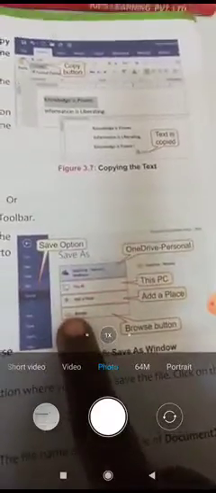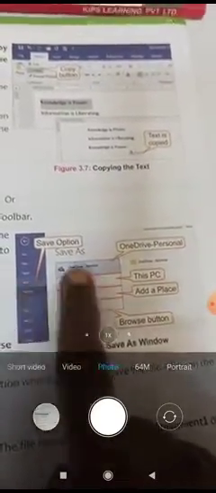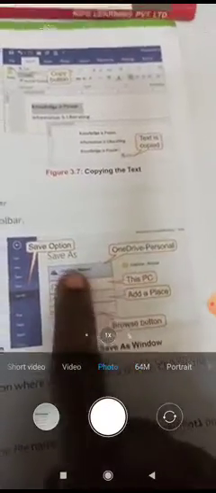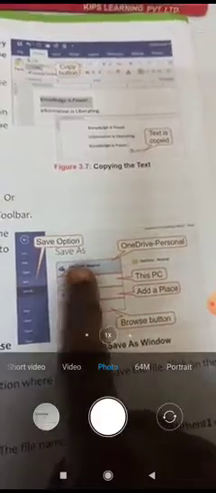Now you click on these three parts, this pane, This PC. Okay, first you have to click on the Save option, that will show you this pane. Now OneDrive Personal, you don't have to do this, this is all done online.